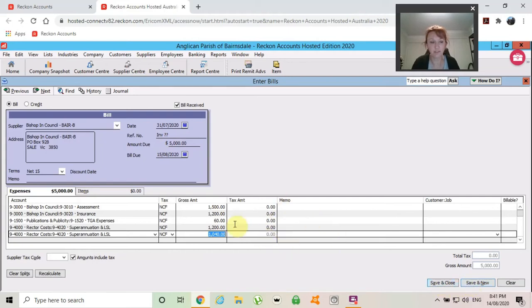I'm not going to save this because I've just made up random figures. So I will clear this. But this is how you would enter a bill that has multiple lines. This is how you would enter petty cash. This is how you would enter your stipends bill, because you would have your stipends, your allowances, your depreciation, bits